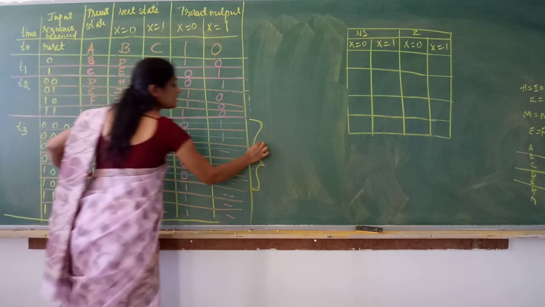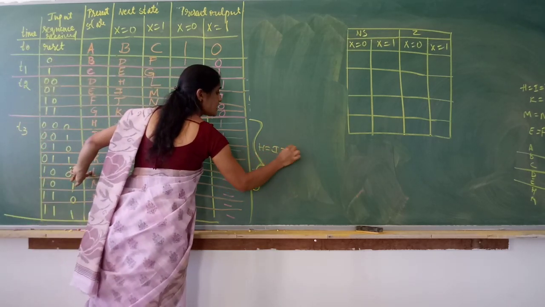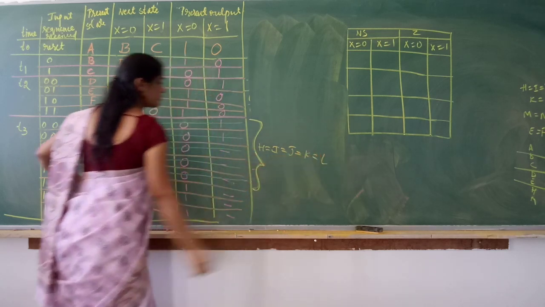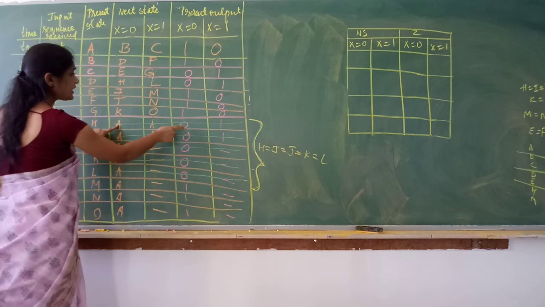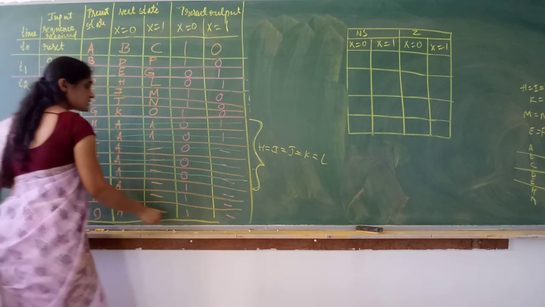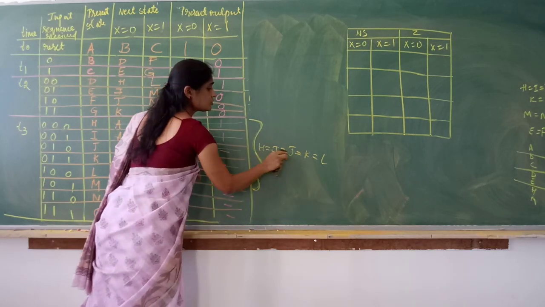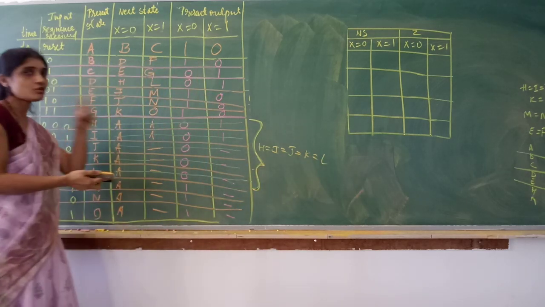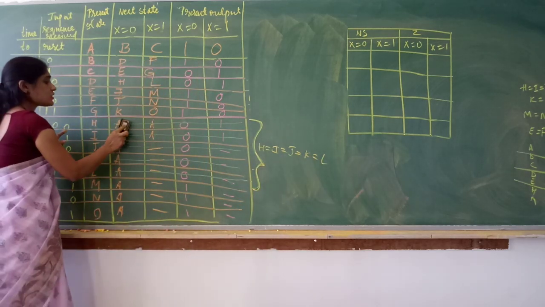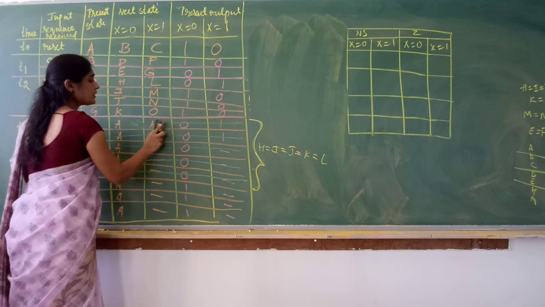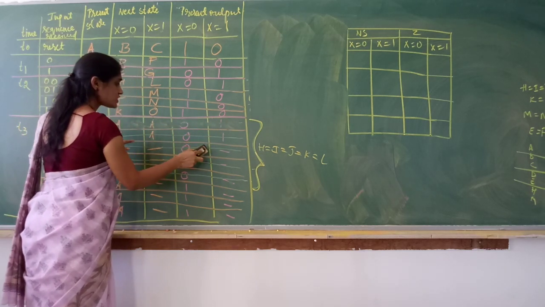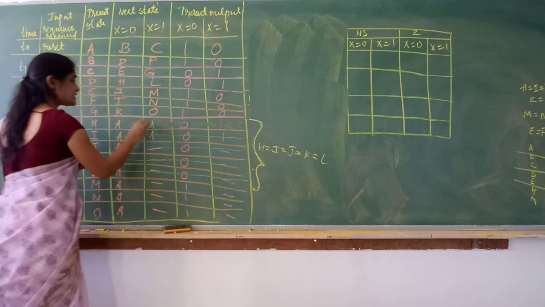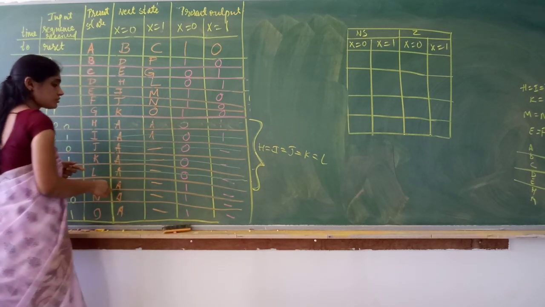That is H, I, J, K, L are the same. Isn't it? HIJKL are the same. Any other rows? AA01 we have? No. And out of these 5 rows, any one row we can retain. So let me retain the H row. Because all the other rows are exactly the same, I will eliminate them. IJKL rows are exactly the same as H, so I will eliminate all the other rows.